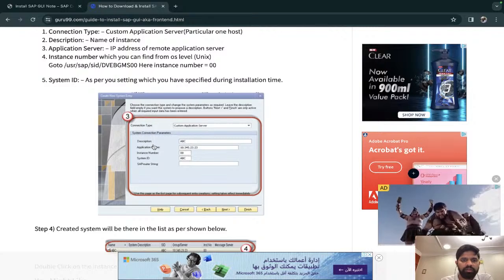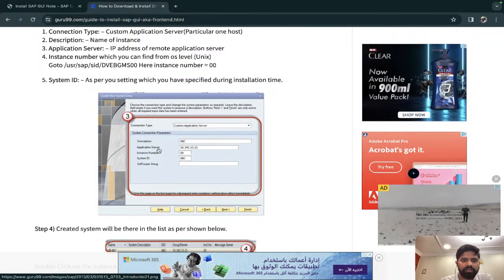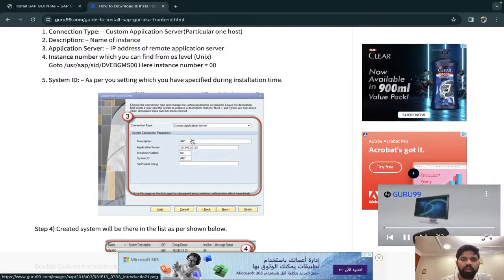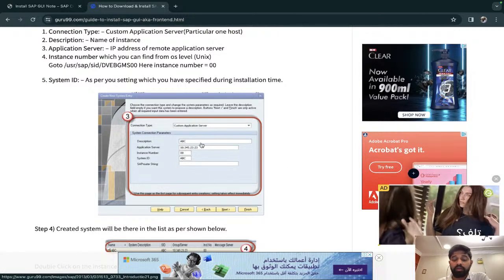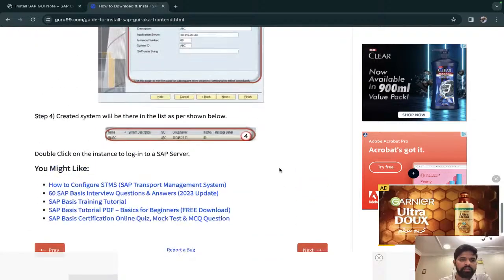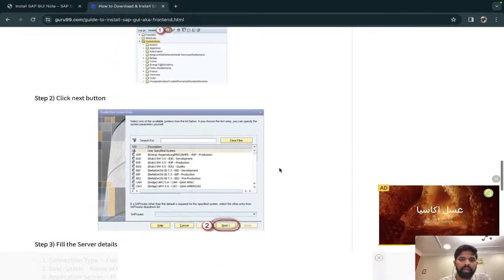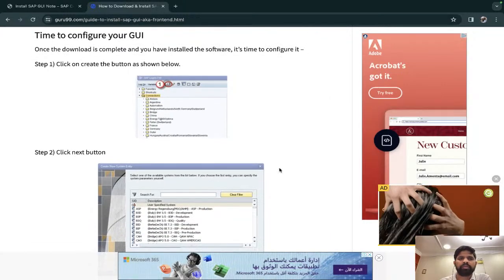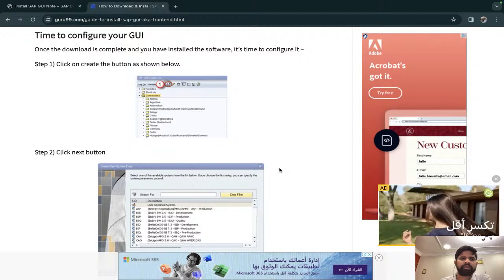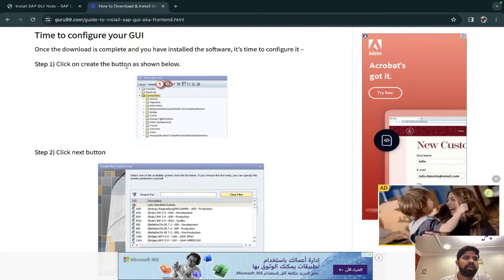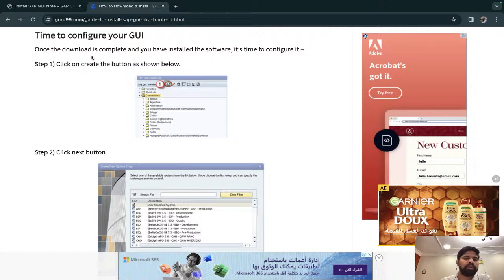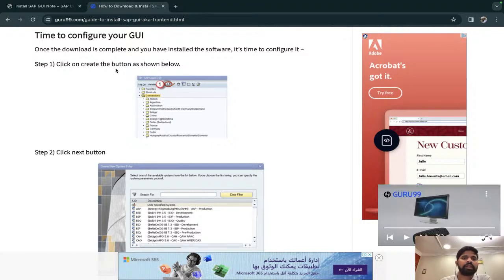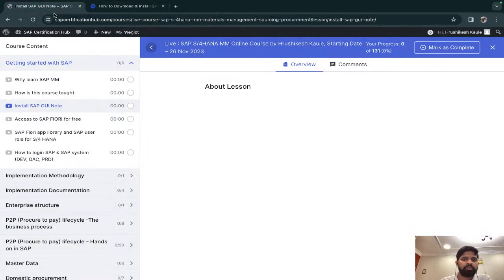Once you install, then you have to give the description, server, application, instance number, all of these things. This will be provided, not by me, obviously. Actually, we don't have any SAP access, but maybe there are a few companies who provide the SAP access. We'll get onto it. You can message me, so maybe those companies can help you to get the access. I can provide a few contacts from there. So installation is very simple.